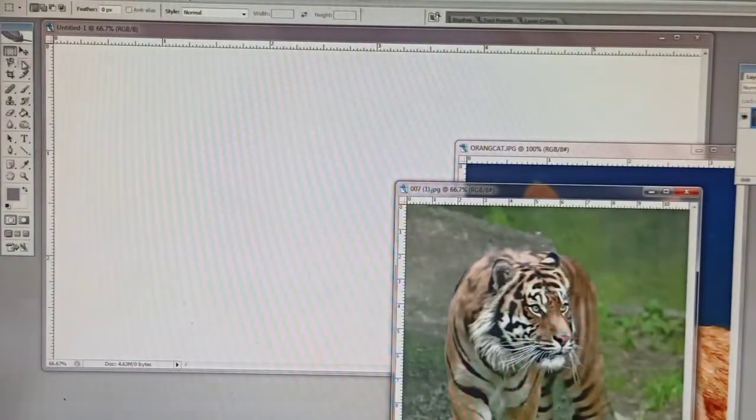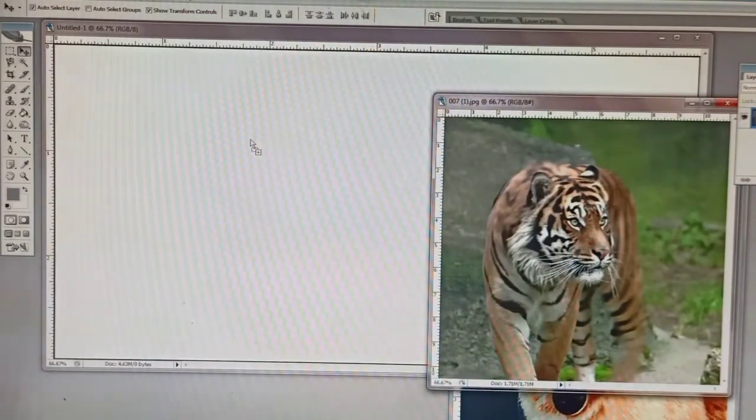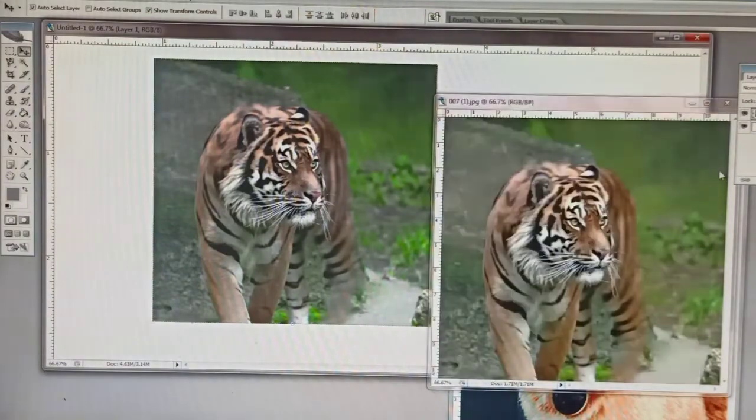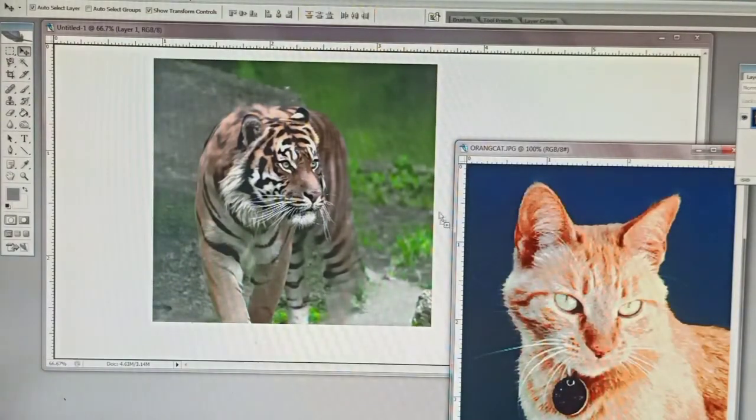After that, select this arrow mark, which is the selection tool. Once you click it, select the image and just drag and drop it here, and it will come automatically. Now I am closing this one, take this one also, and drag and drop it here.